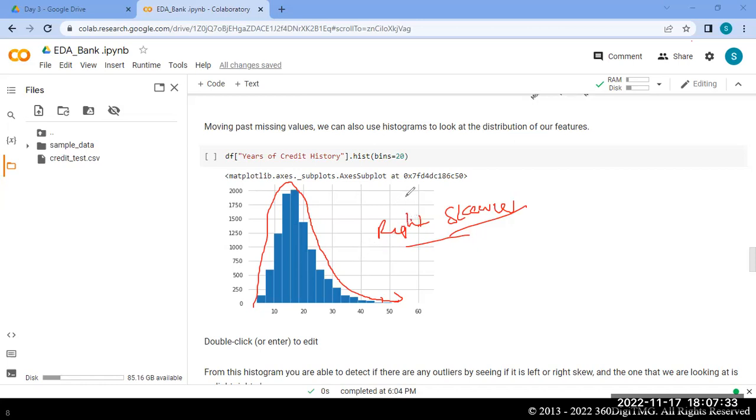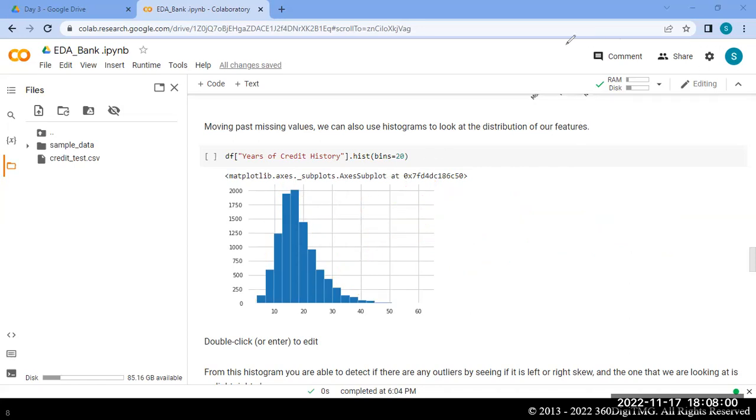If it is a normal distribution, we'll keep it as it is. If it is not, we will do a transformation. Since it is not symmetrical data, it is non-symmetric, we need to do a transformation for this data. It is a univariate plot.